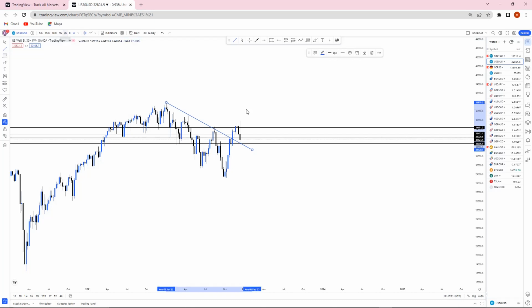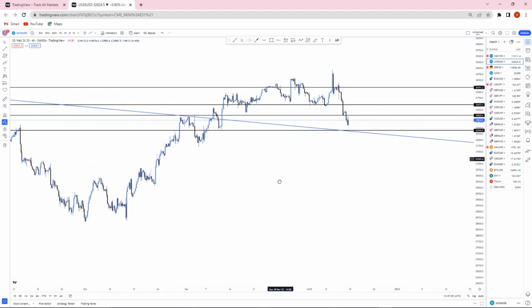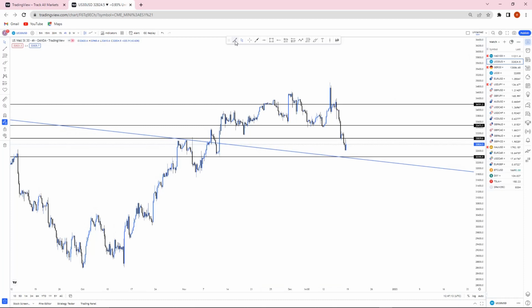So let's go to the 4-hour time frame. When we get to the 4-hour time frame, this is how the market was. I will be placing my trend line like this. So when placing a trend line on a market like this, just make sure that once the trend line is violated, you respect the new lows, or highs if it's a downtrend, that the market is creating,